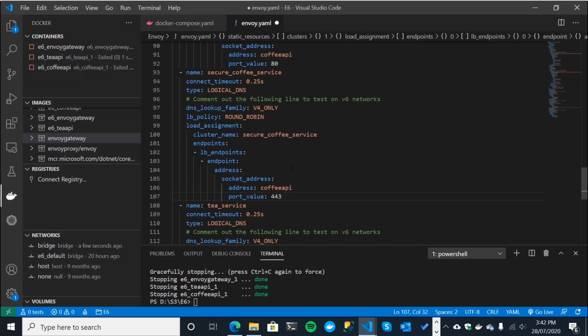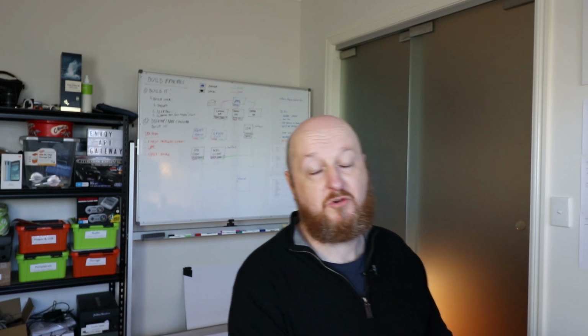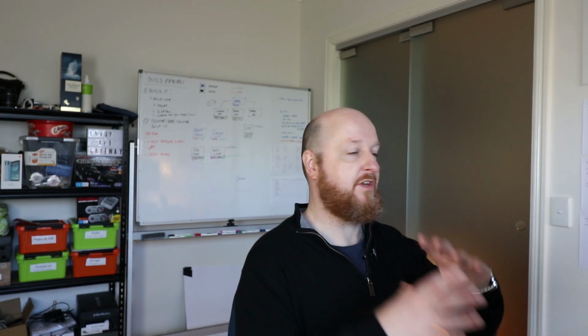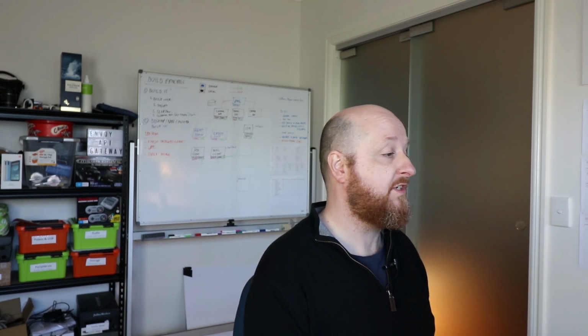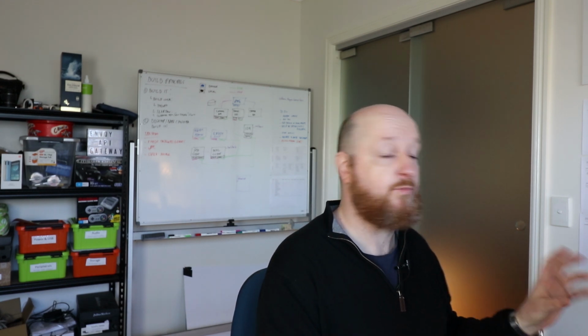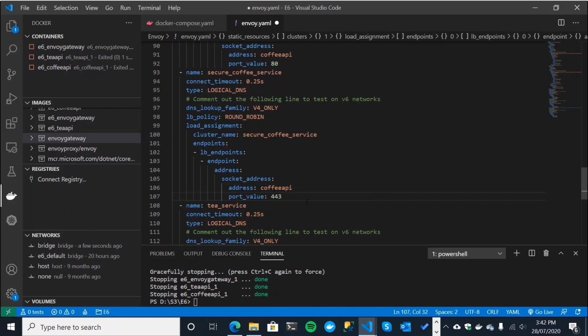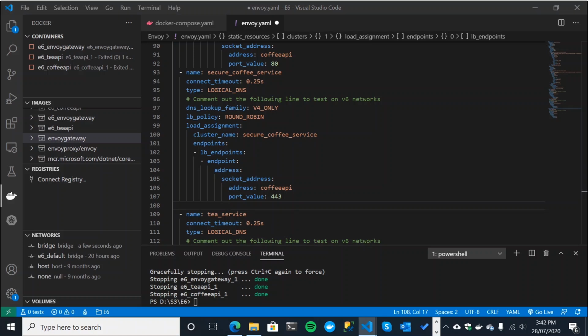Now we have one more thing to do. You'll remember that, well, you probably don't remember now, but when we copied in the original config from the GitHub site, there was a section for the transport socket. So we just need to add that back in here because we're using HTTPS, or we're using TLS. So I'm just going to copy that over, and I need to paste that under load assignment. I need to paste that here.